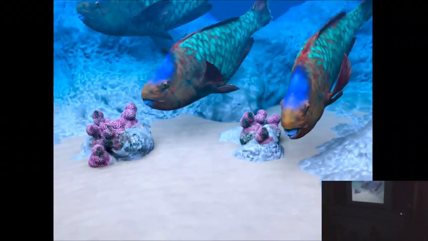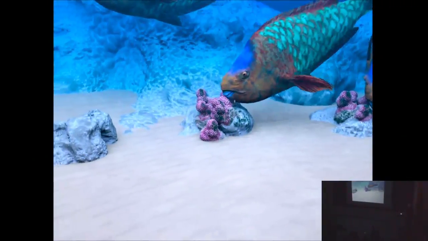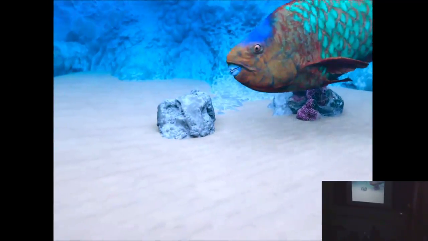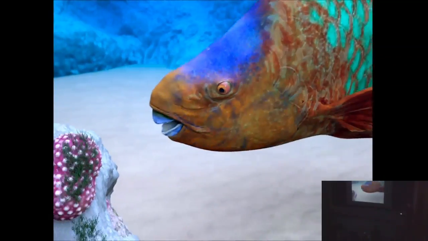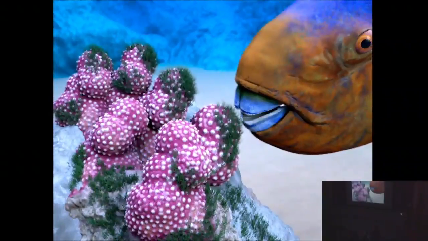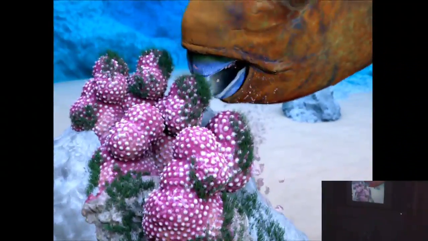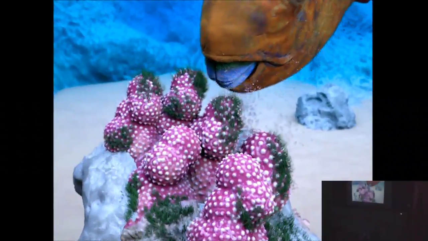Parrotfish are essential to the health of coral reefs because they feed on algae that grows on the coral. They are specifically named for their parrot-like beaks that are strong enough to bite through the limestone skeletons of coral. Parrotfish are generally considered herbivores,